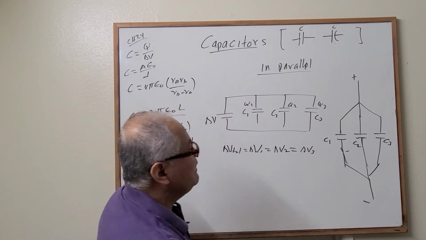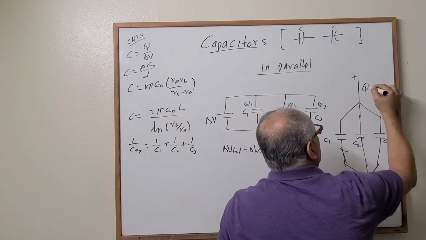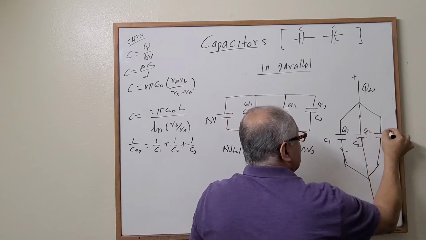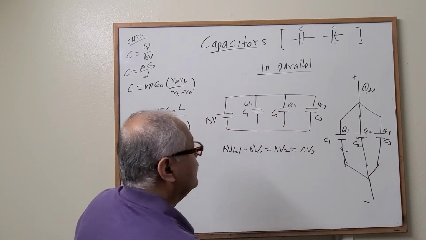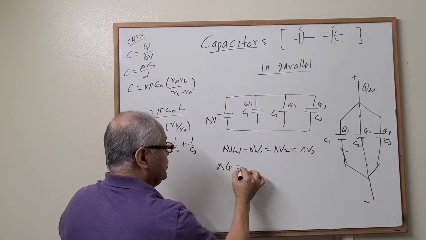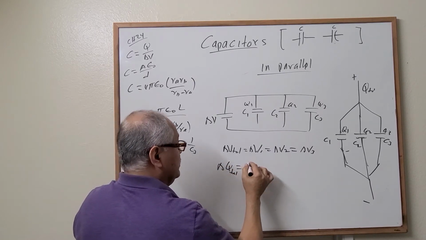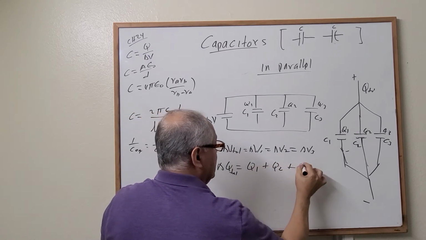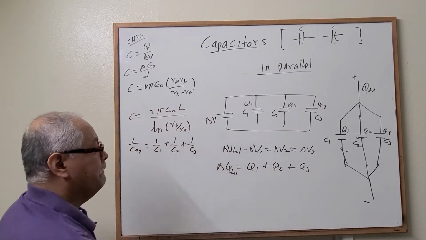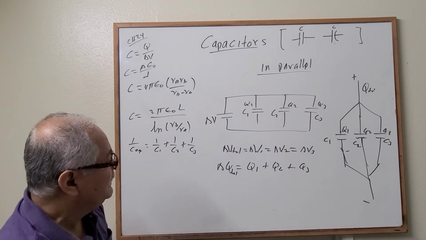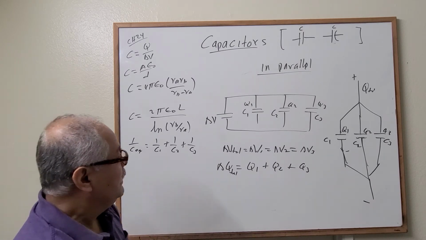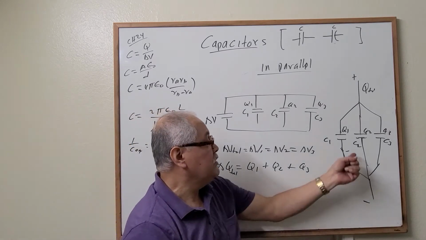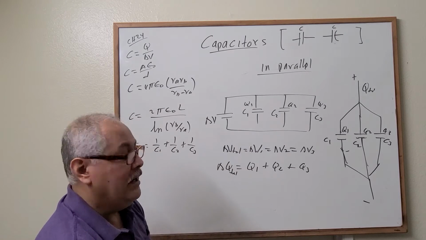What happens to the charge? At the beginning, look, this is the total charge. The total is split by charge 1, charge 2, and charge 3, correct? So the total charge is equal to charge capacitor 1, plus charge capacitor 2, plus charge capacitor 3. Okay, now let's try to find